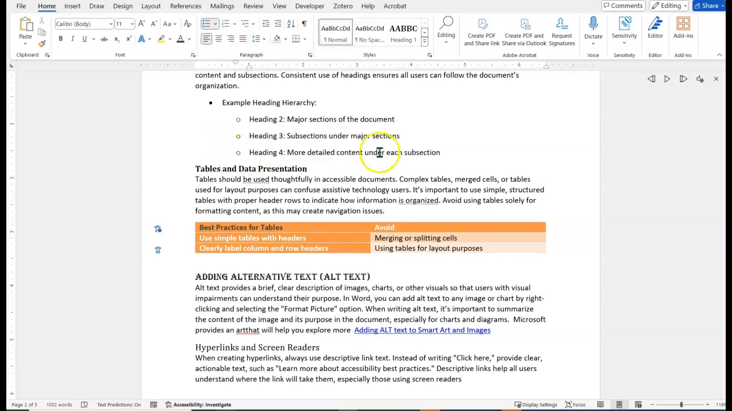So if a screen reader got to this, it would actually say list. This is an example heading hierarchy, and it would list the headings. Note again from before that heading 1 is not included in here because heading 1 is the title of the document. The other thing that you want to make sure you are doing using the design tools is